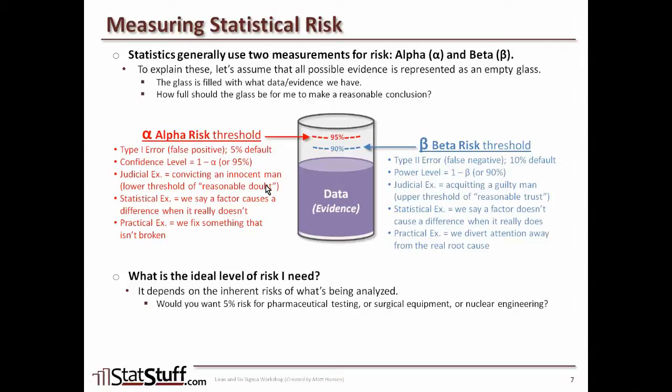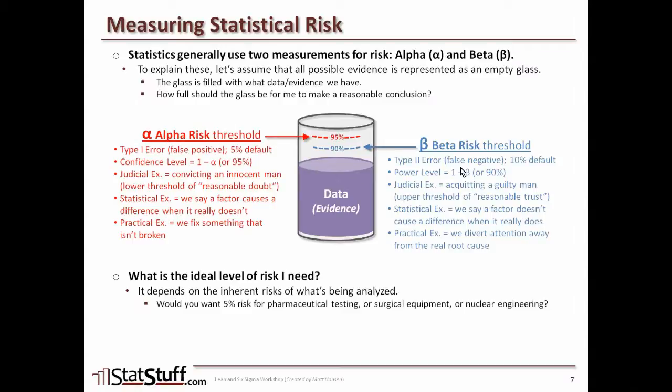So in that example, if one of those organizations, let's say nuclear engineering, only wanted to accept 1% risk, then their alpha risk would be defined as 1%, which means the confidence level would be 1 minus the 1%, or 99%. Or maybe even 1% is too much, so they might reduce it even more. The point is that any organization can set their own level of risk, but if you're not sure which one to set, then you might accept 5% as the default for the alpha risk, and 10% as the default for the